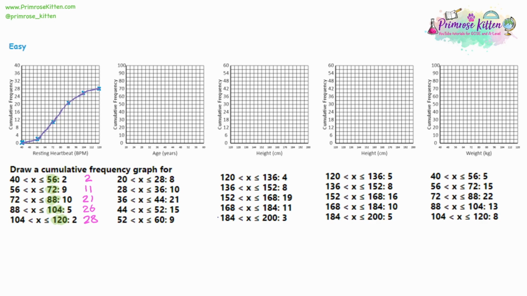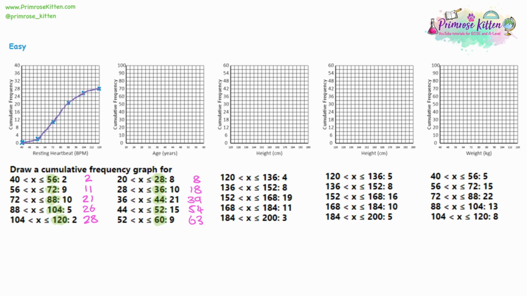First, start off by doing two things. First thing is be mindful you're plotting at the end point of each group. And the second thing is to write down your running total so you know where you're plotting. So start with 8. So your first number is always the same as the first group, but then we're going to add on 10, we're going to add on 21, we're going to add on 15, and we're going to add on 9. And we should have 63 people total going into this second cumulative frequency curve.